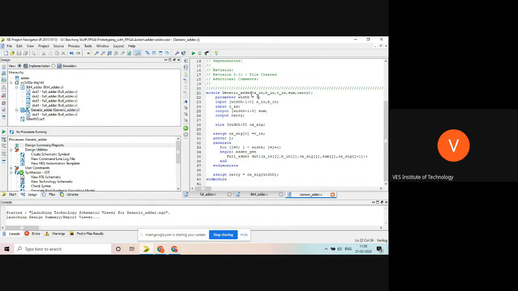Are you all done with this? So I will wait for 5 minutes, then we'll go to the next module. Please finish it. Then we'll go to the simple coding, that is a D-latch.